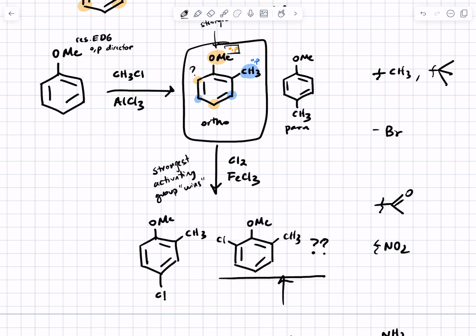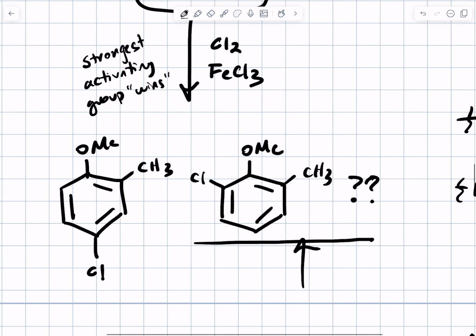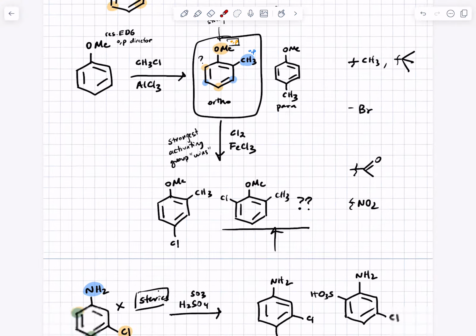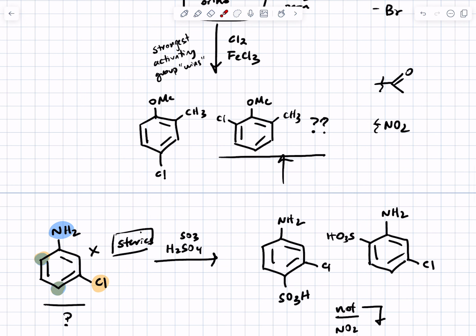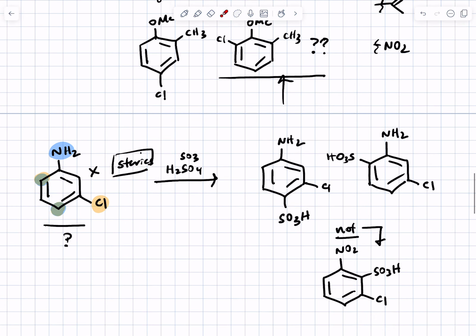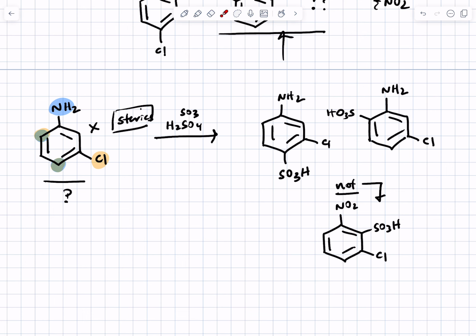So you should not memorize the rule in the text to mean I can never, ever, ever get this. You have to be more precise. You can get that sort of 1, 2, 3 pattern of substitution if you start with things that are already 1, 2, and you put something on the side. You can't get there by starting with things that are 1, 3, and then going to 2. Does that help? Okay. What else?